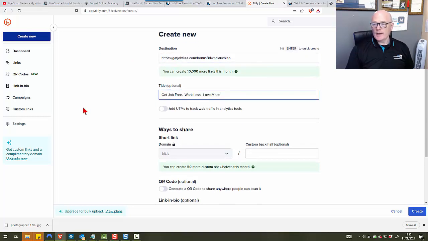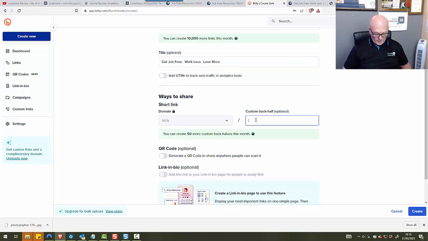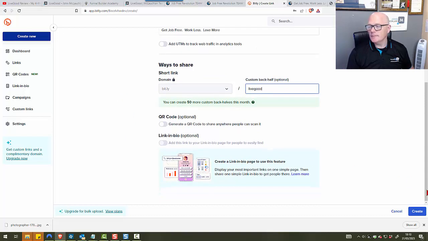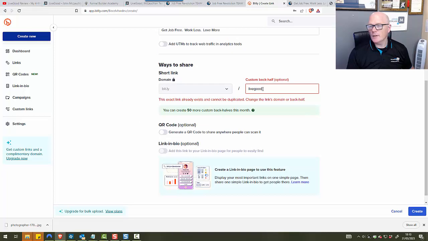And we can put a title on there. We can also customize the back half, so we could almost sort of put it like a semi-domain on there. So if I put something like, I bet it'll be gone, but we'll try LiveGood. And we'll see what happens on there. Click on create. Yeah, it's already gone. So if I put LG,